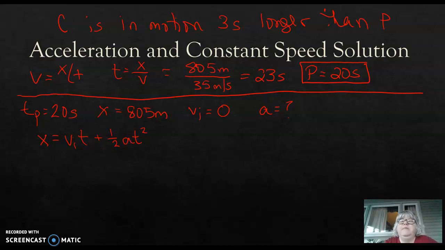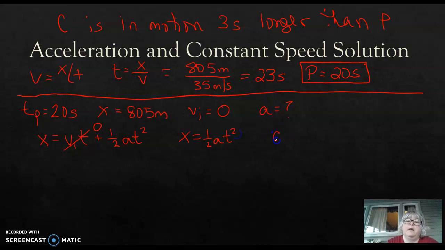Now that looks like it's going to be pretty complicated until you remember that VI is 0, so that entire term drops out of the equation, leaving us with X equals 1/2 A T squared,